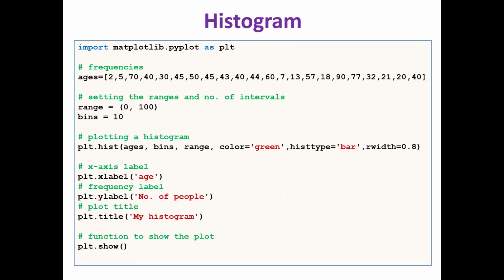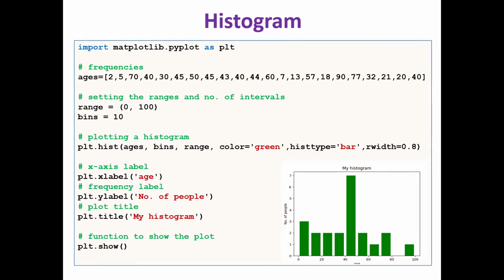Another thing is histogram. In the histogram, in the first list I have loaded some set of numbers. The bins I have given is 10. So what is the number of bins? 10. I have to fix the ranges. The range is 0 to 100. It means that the first bin takes values 0 to 10, the second bin takes 11 to 20, third bin 21 to 30, 31 to 40 and so on. So for every bin I have to count.